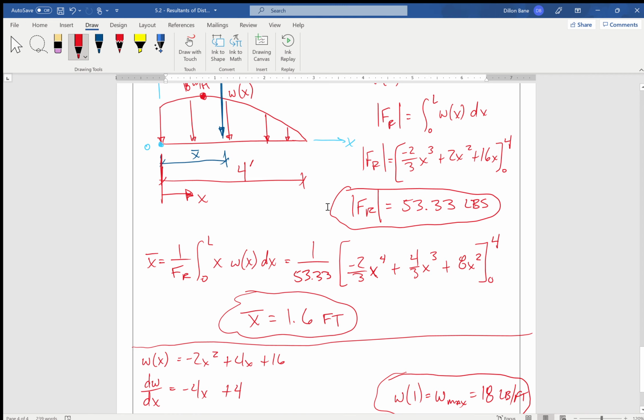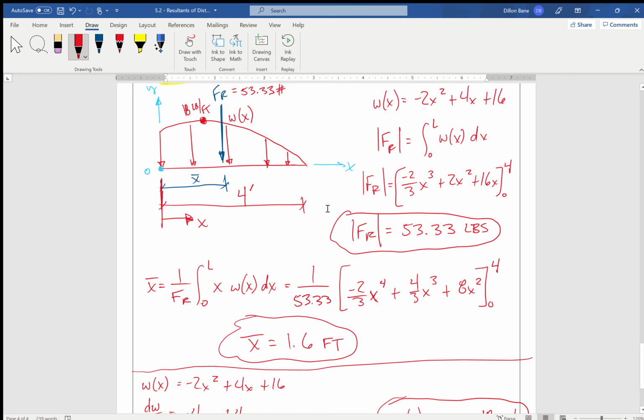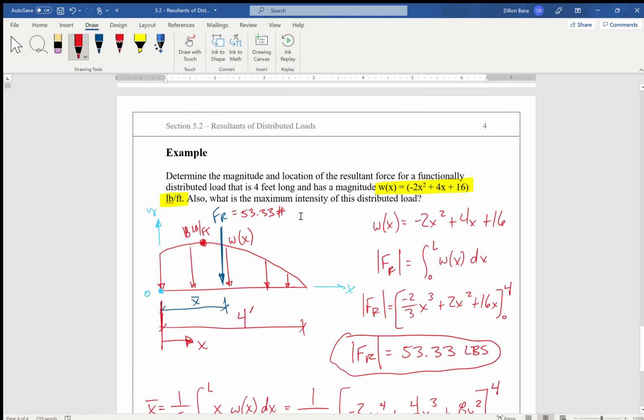So that is how we work with distributed loads. That's how we find their resultants. That's how we find the location of their resultants. For the most part, unless it's a functional load, you will not have to integrate, right? This is all just proving these equations. If we look back up here